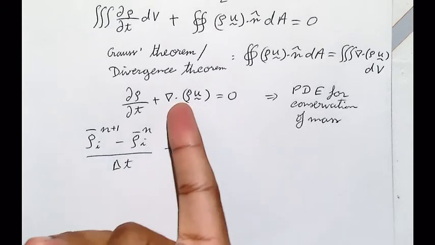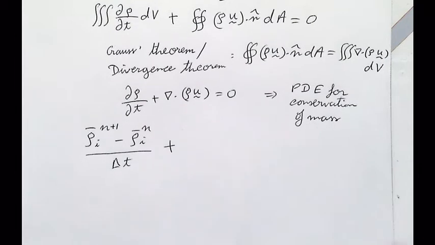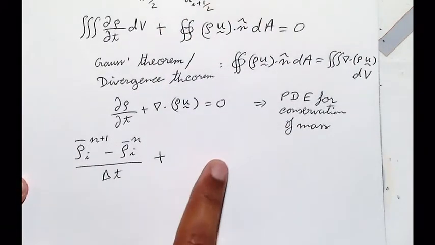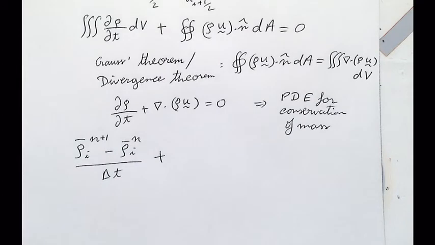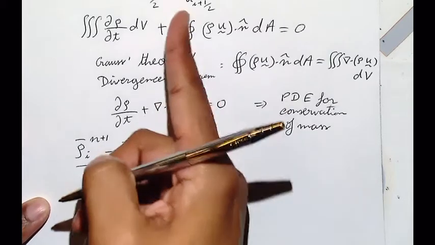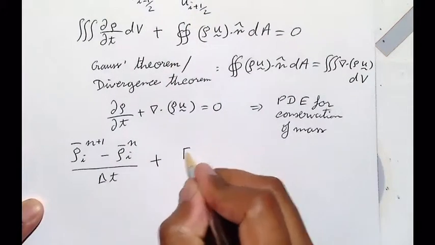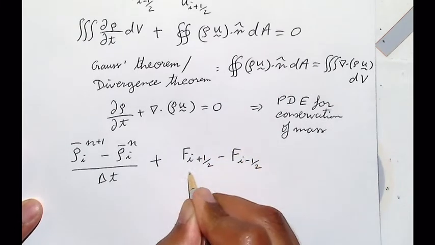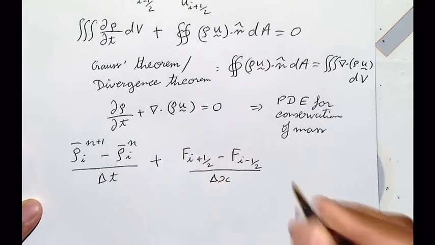So with a differential form, we would take finite differences, but that's the beauty of finite volume. You don't have to deal with the derivatives in space. You use the flux form. Do you remember what was here? So flux east minus flux west. Yeah, flux east minus flux west. East for us is I plus half. So I can take flux at I plus half minus flux at I minus half, divided by delta x. Delta x is the cell size, right?